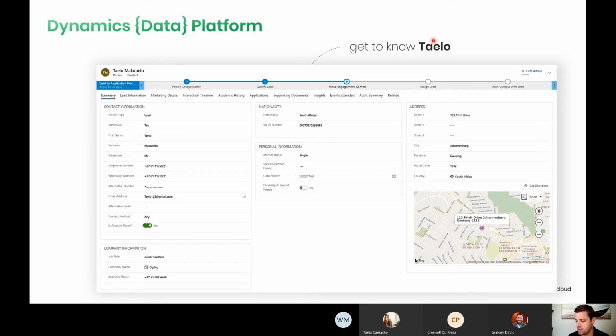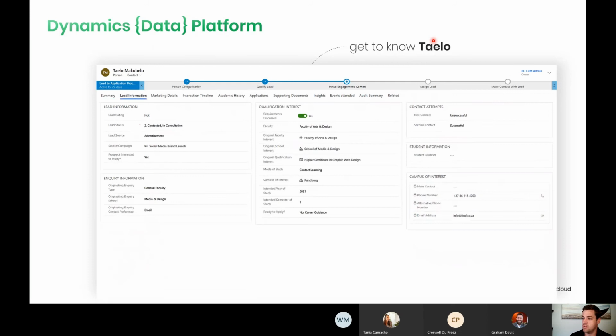And throughout the entire life cycle of that student with us, we want to bring that data in, the card taps that Graham was speaking about, the lead information from marketing. Where did they come from? What advertising campaigns did they come through, so that we can determine return on investment on the marketing side. We want to know, where did they originate? Which faculty are they interested in studying with? What kind of qualification are they looking to get? This can start talking through a whole long journey about the student.